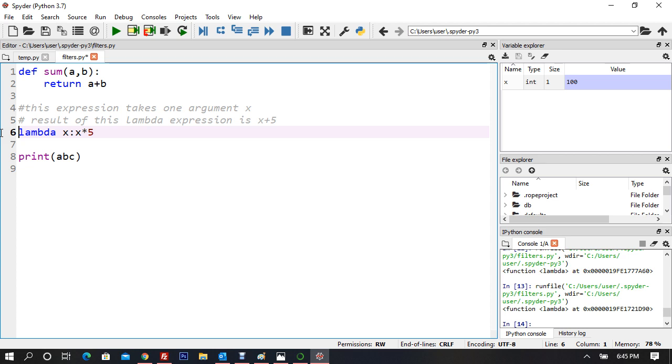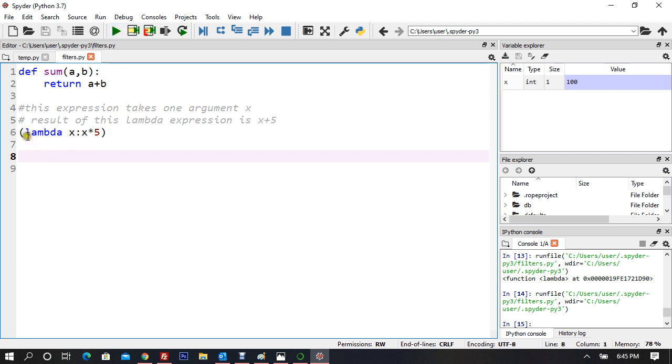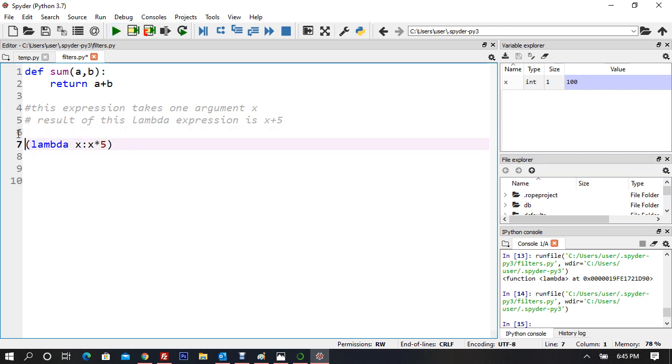If I do it like this, so I'll say lambda is equivalent to x such that x into 5. Let me run it. Okay, fine. So the lambda expression is exhibiting properties of a function. We know that it's going to exhibit properties of a function. So now I'll do the same right here. I will say answer is equivalent to lambda of x such that x into 5, and I will say print